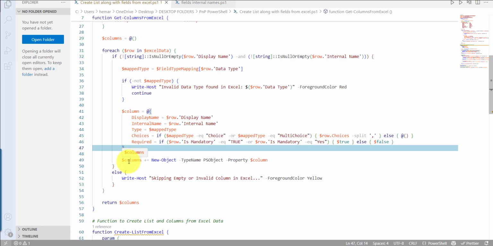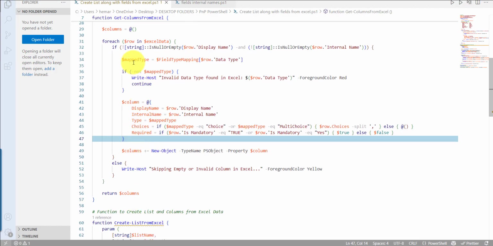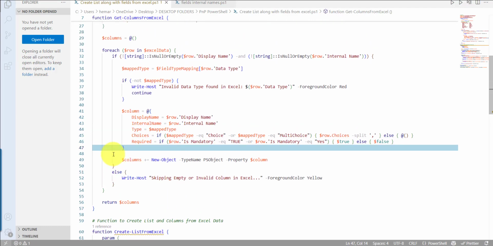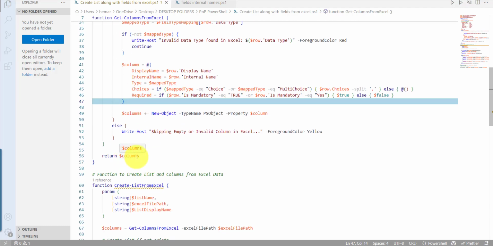So this columns array contains an array of objects. Each object has properties like display name, internal name, type, choices, and required. As we discussed previously, if there is any empty row, it will skip it, and for an invalid column it will show an error message like this. And then this for each loop, after iterating, will return the columns array, which is a collection of